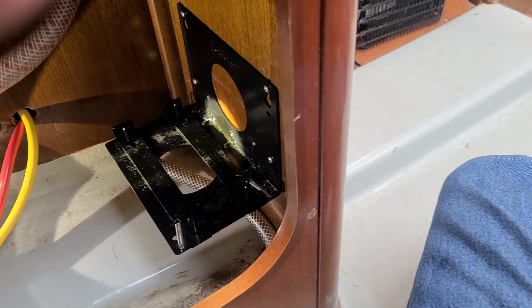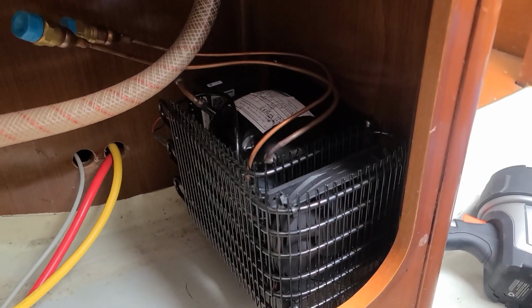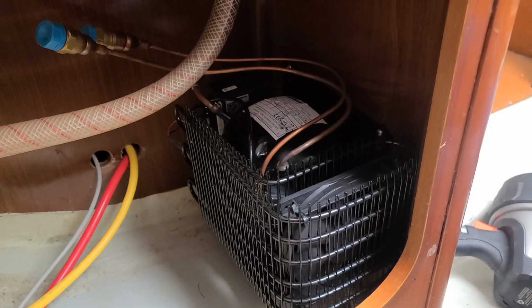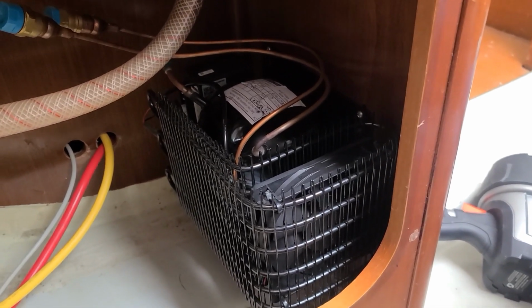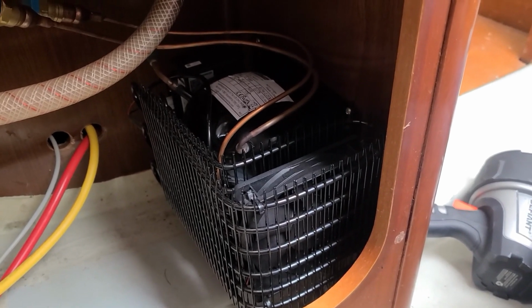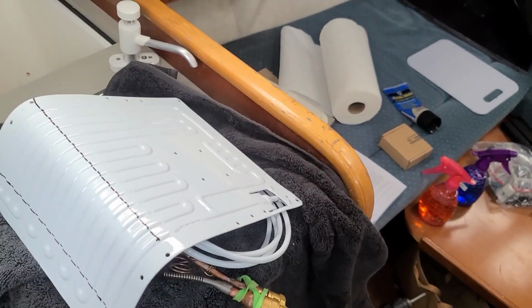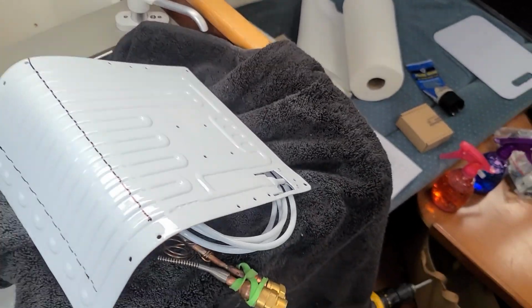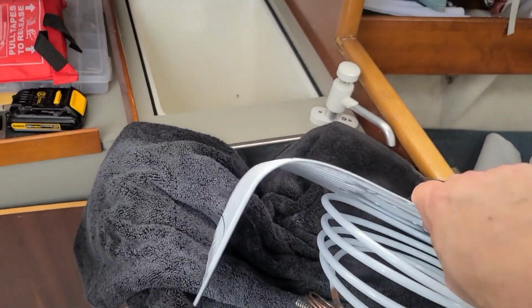Okay, so it took a little finagling, but it didn't take too long. It took me about 2 minutes to get it in there and clipped in. So now let's drill some holes in the side of the ice box. Fun. So I used this nice round area, put the blanket on it, and as you can see, we have